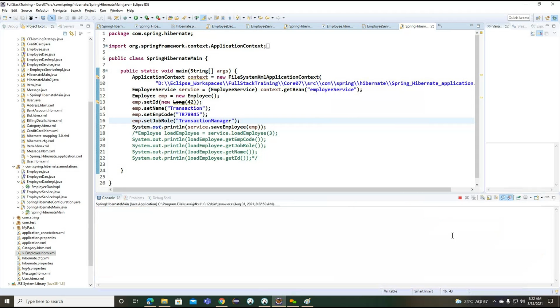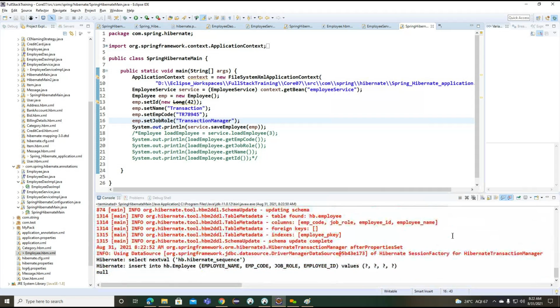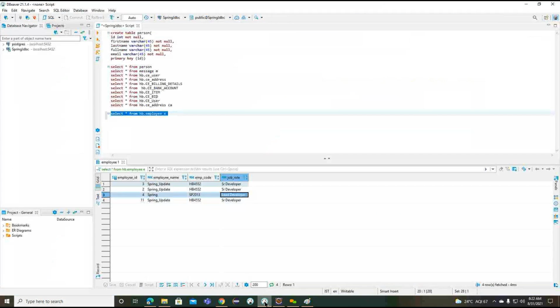Now we'll understand whether this particular record is inserted or not. Now you can see the transaction and the transaction manager. So this is the way we can go for the programmatic transaction.